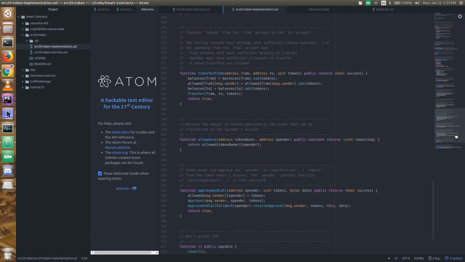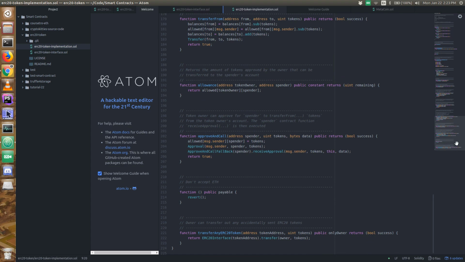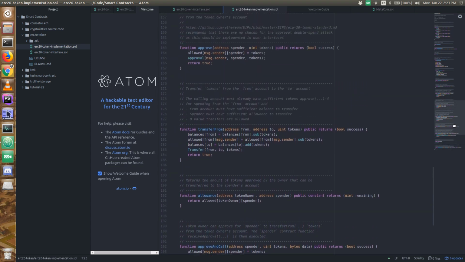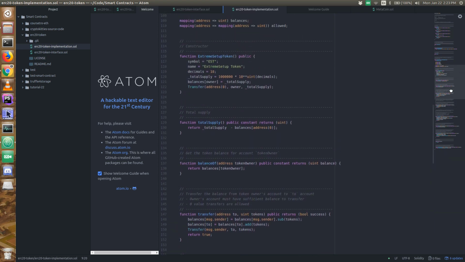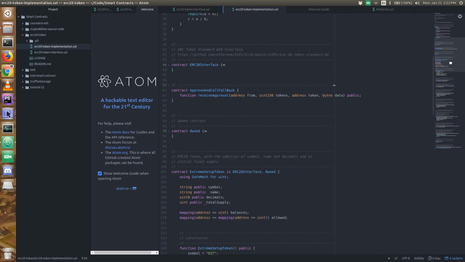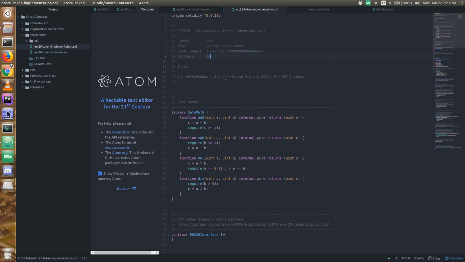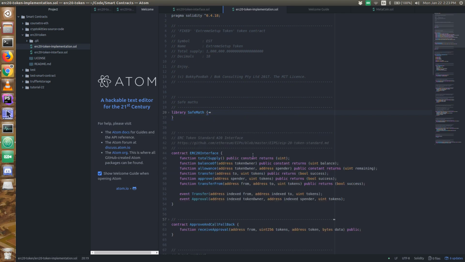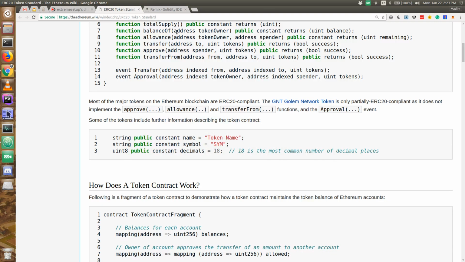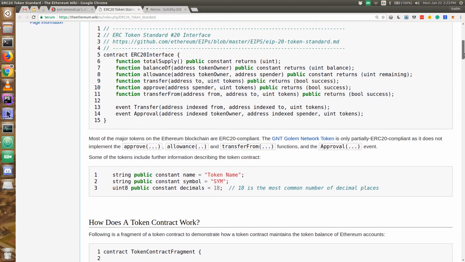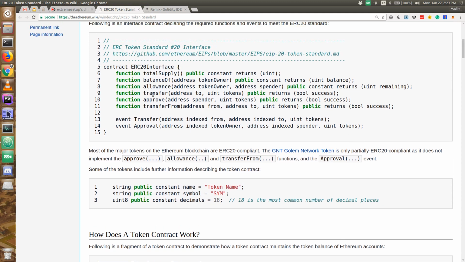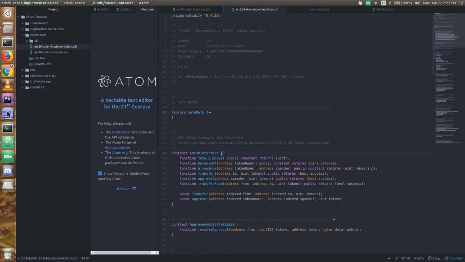And by the way, most of those tokens that we mentioned are very similar to this contract. I will go fast through all the code. This library is just for some mathematical operations. This is the actual interface which we saw here. These are the methods that we should implement, and here's the interface. Total supply, which will